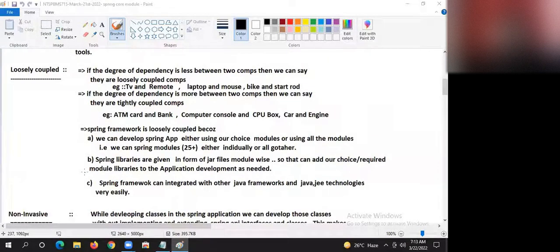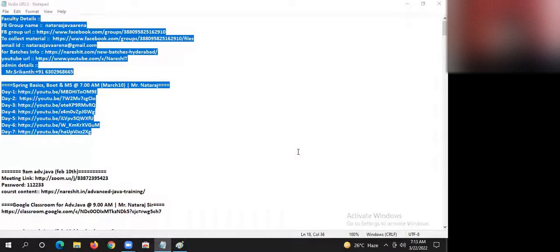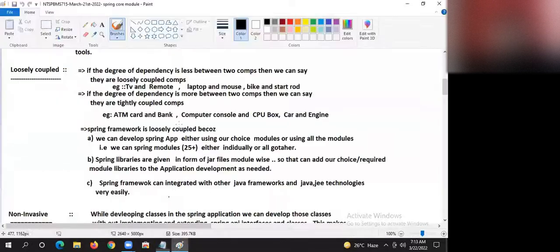Spring modules are loosely coupled, guys, because we can use our choice of one or two modules together as per our requirement in application development. That makes Spring loosely coupled.